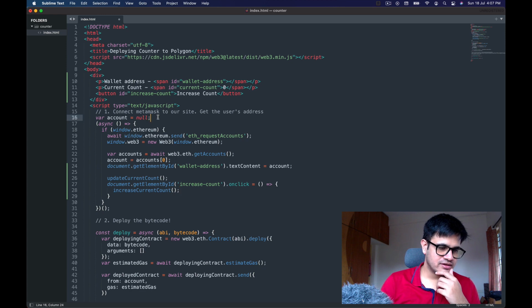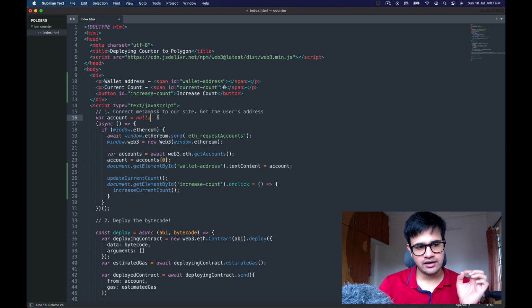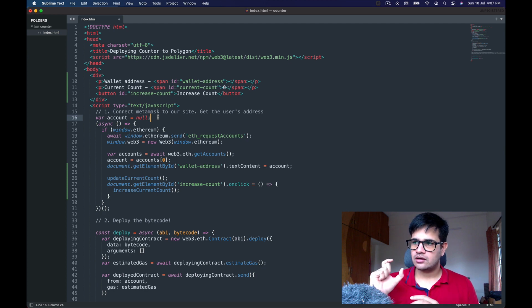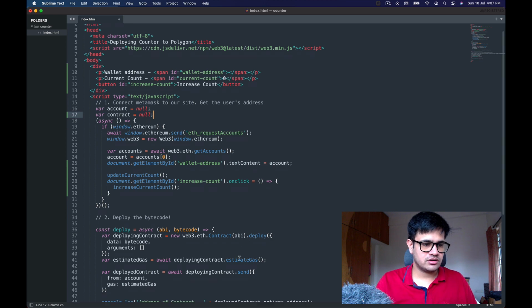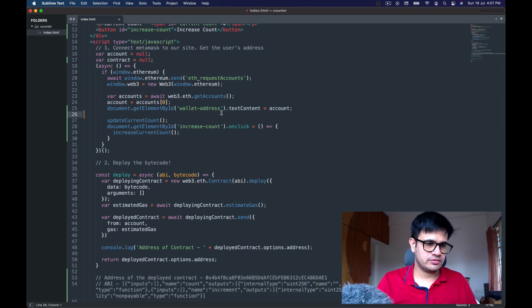The first thing that we need to do is connect our application, our web page, to the contract. To do that, I'll do var contract. I'll create a global contract over here, and make sure that some value is present.